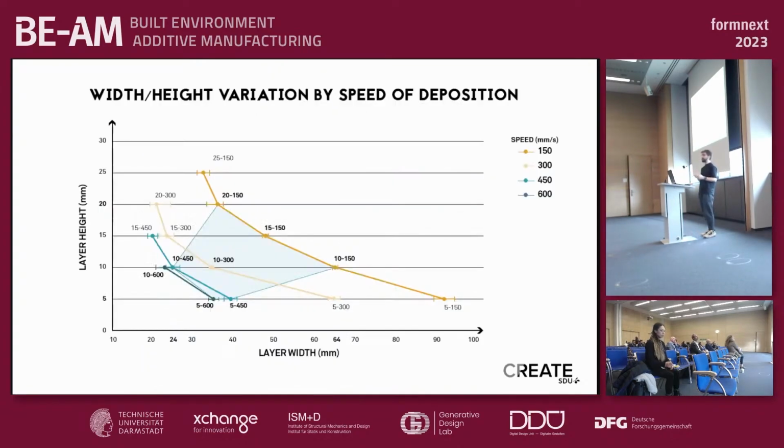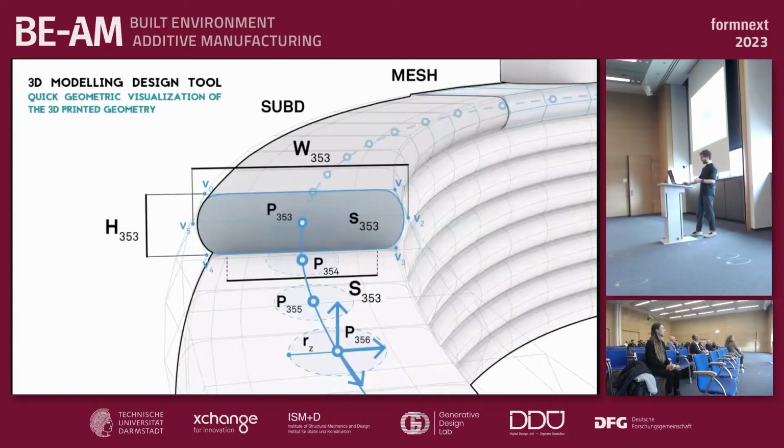So this provided us with a model we could use to set printing speeds and obtain target filament widths at given heights. This model was then translated into a digital tool that could provide us with a quick yet reliable preview of the printed object. And in parallel also